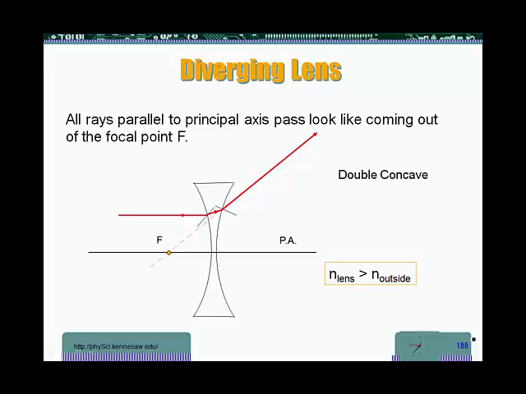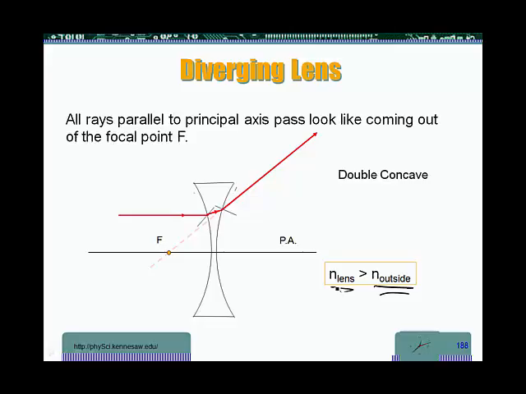Let's consider what happens with divergent lenses. Now the shape in this particular one is double concave. As you see it, we have a concave surface here and a concave surface here. Now we are shining one light beam from the left. Once it meets the first interface between the outside, which is air in this case, and the glass,